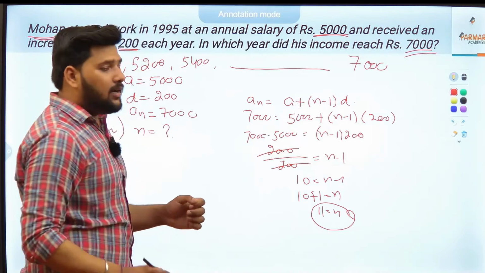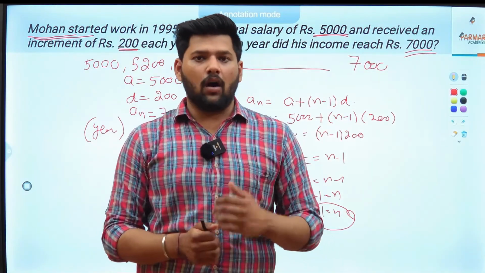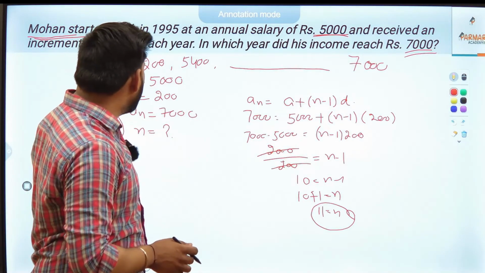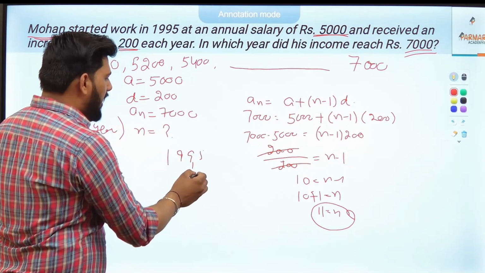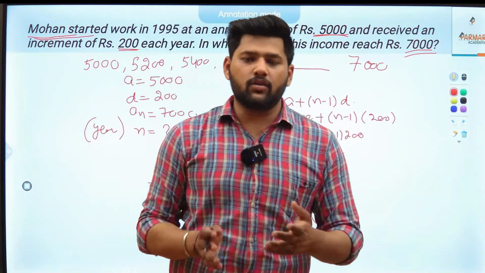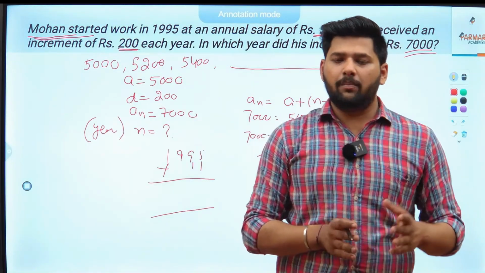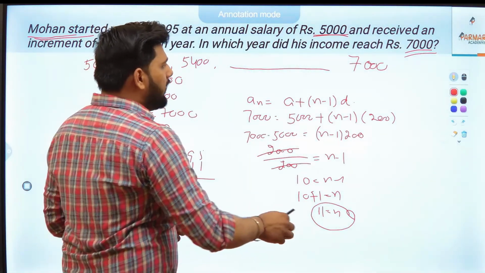Means 11 years after, his salary will become 7000. So simply in 1995 his salary is 5000. So if you add 11 years to 1995, in that year his salary will be 7000. So this is the basic statement question of the AP sequences. The next one is